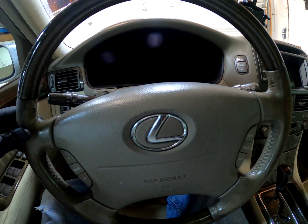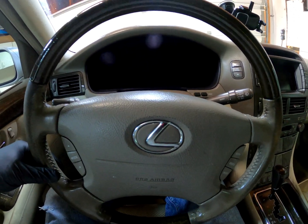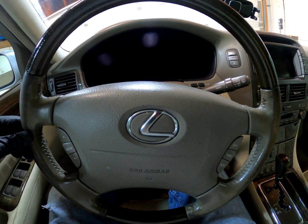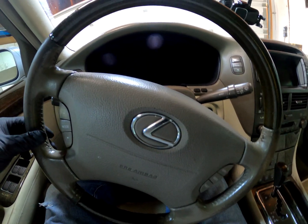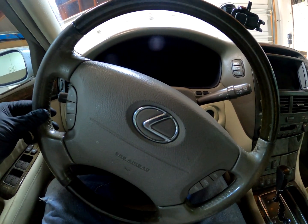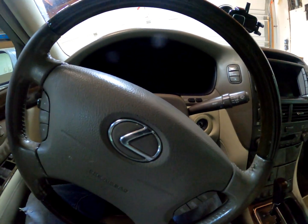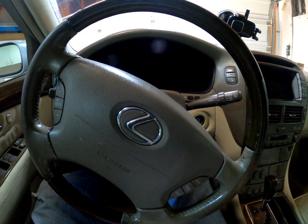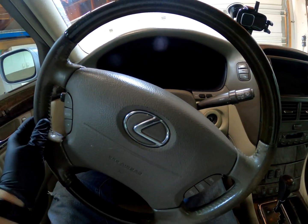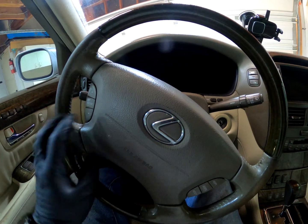That's fine. Second scenario is, let's say you replace the steering rack or took off the steering wheel shaft and the car drives straight, but the wheel is like this. Okay, that's also fine. So this one, if you're case B here,